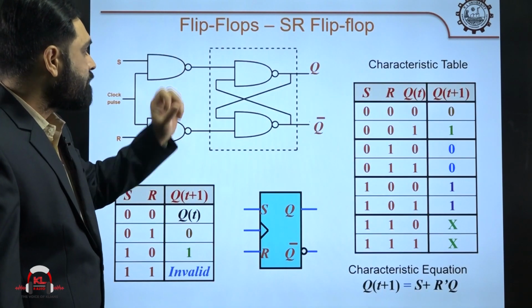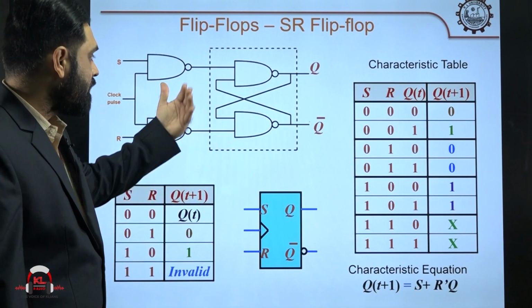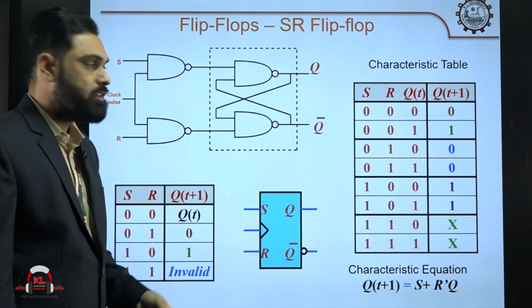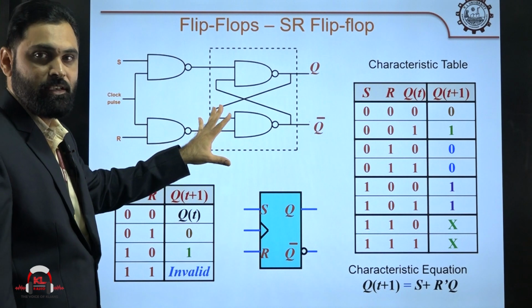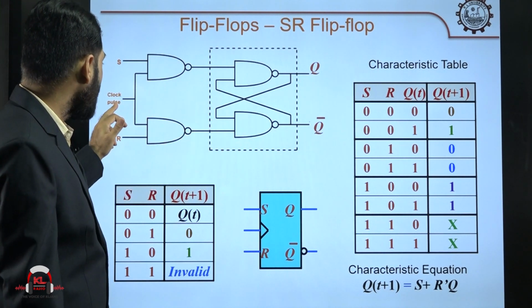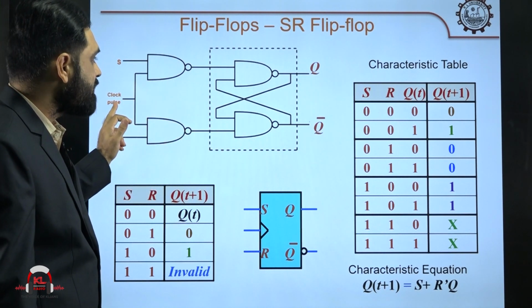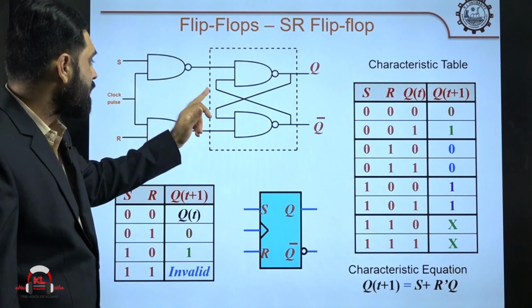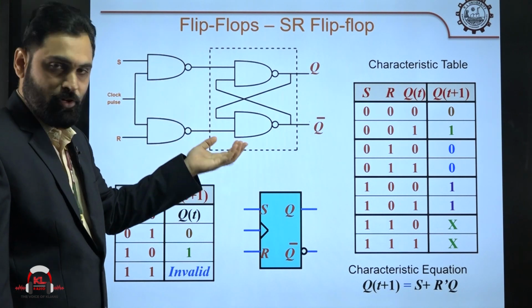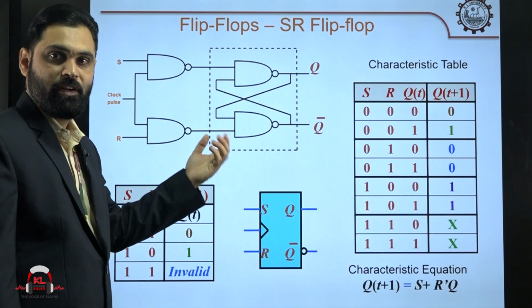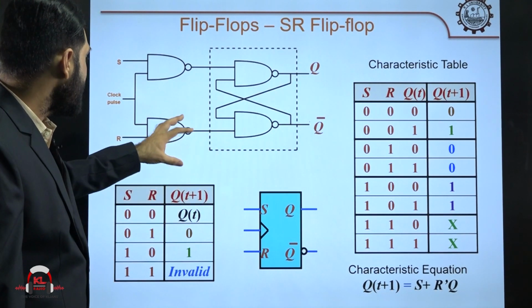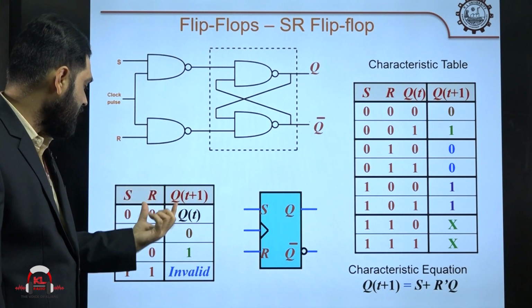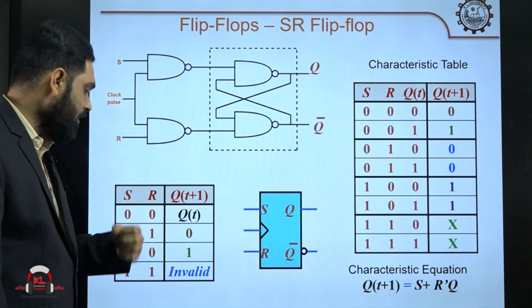And just look at the SR flip flop given here. I will give an overview regarding this. If you look at the SR flip flop with NOR gate construction given here, a clock pulse is applied here. Whenever a clock pulse is given, you can take positive level or negative level, or positive edge or negative edge based on your design. And in this case a clock pulse is applied. Just look at the SR flip flop table here.